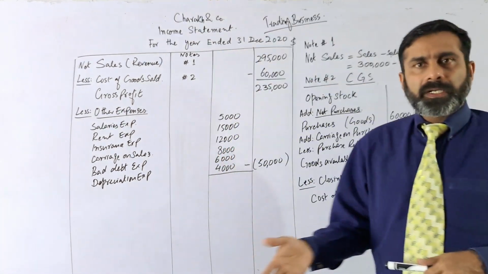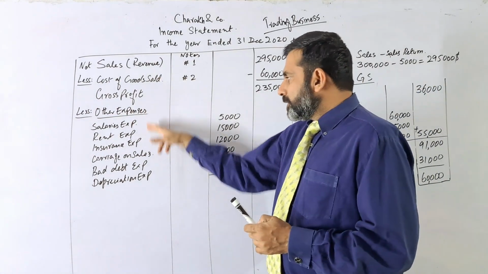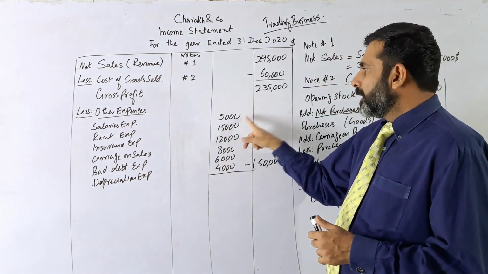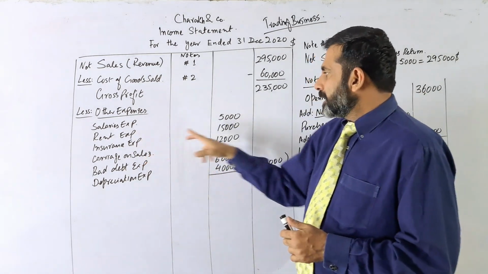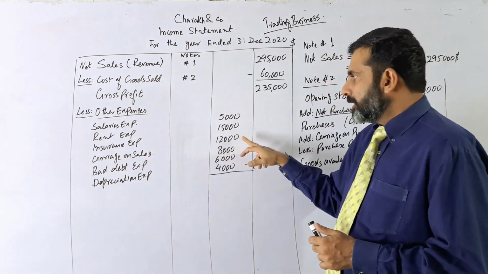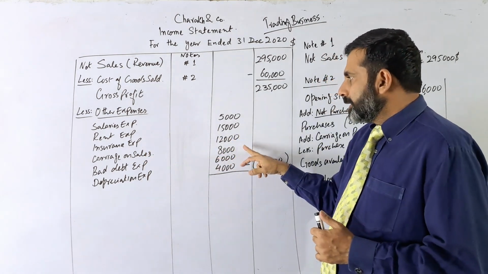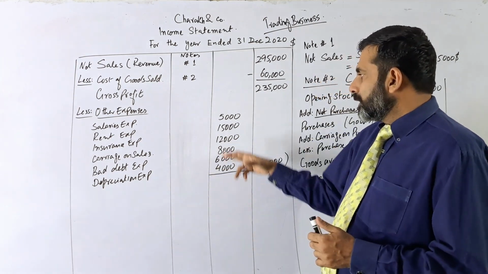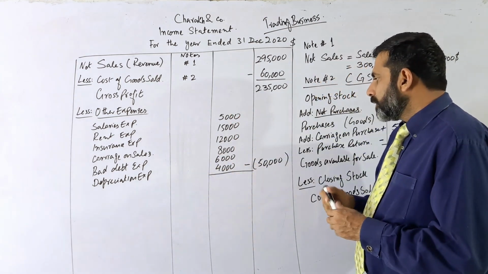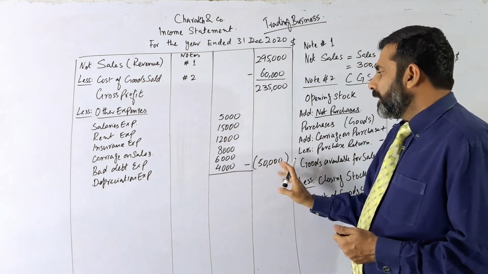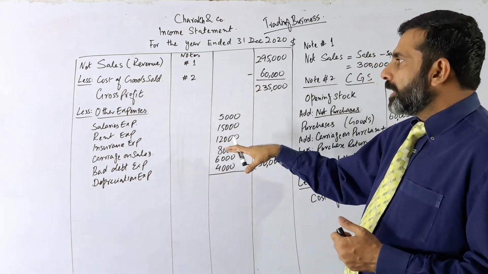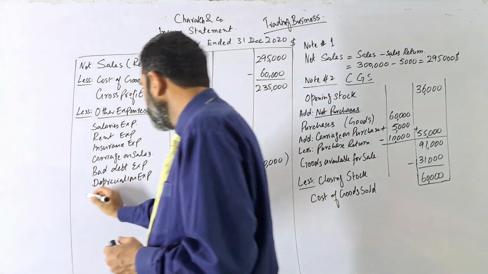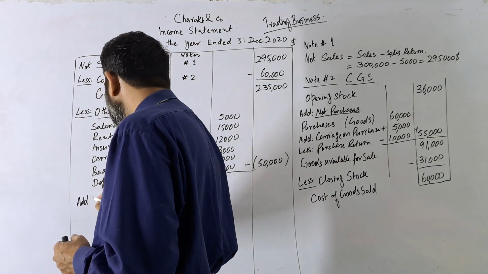Now we have so many expenses here. For example, we have a salaries expense, 5,000. We have a rent expense 15,000, insurance expense 12,000, carriage on sale 8,000, the bad debt expense 6,000, depreciation expense 4,000. So we have the total, and this total is almost 50,000. So it is deducted from the gross profit. Then what we have to do? We have to add the other